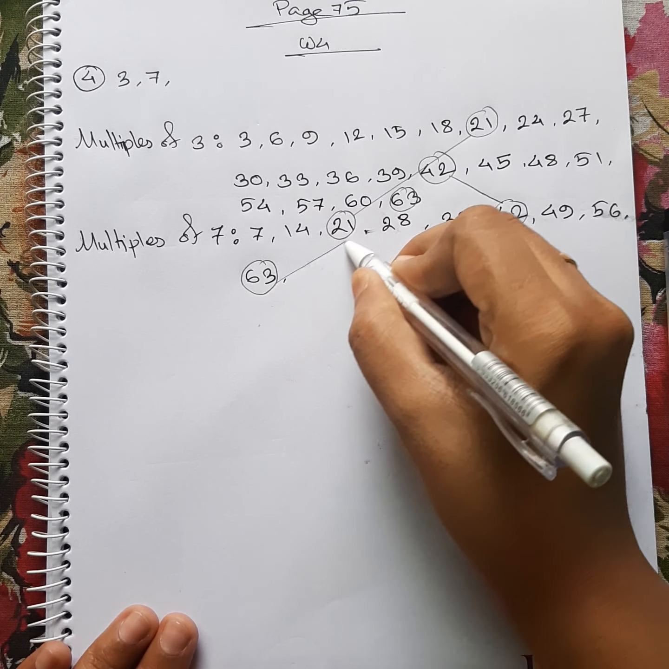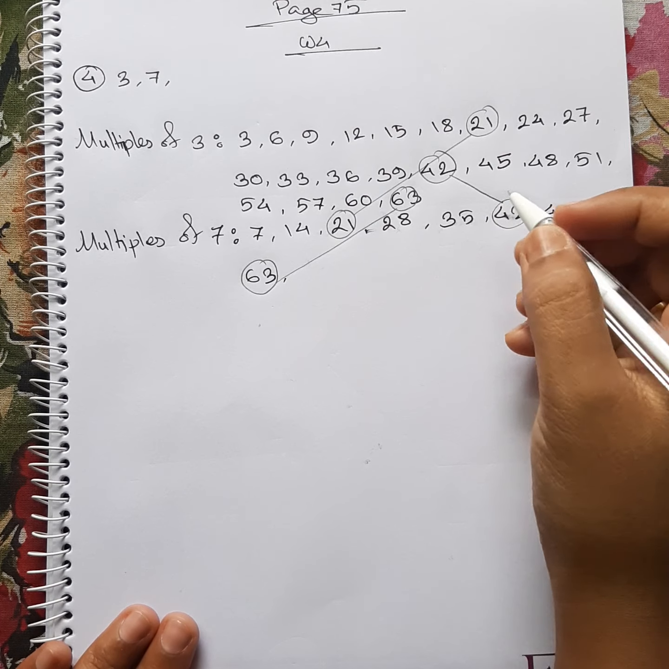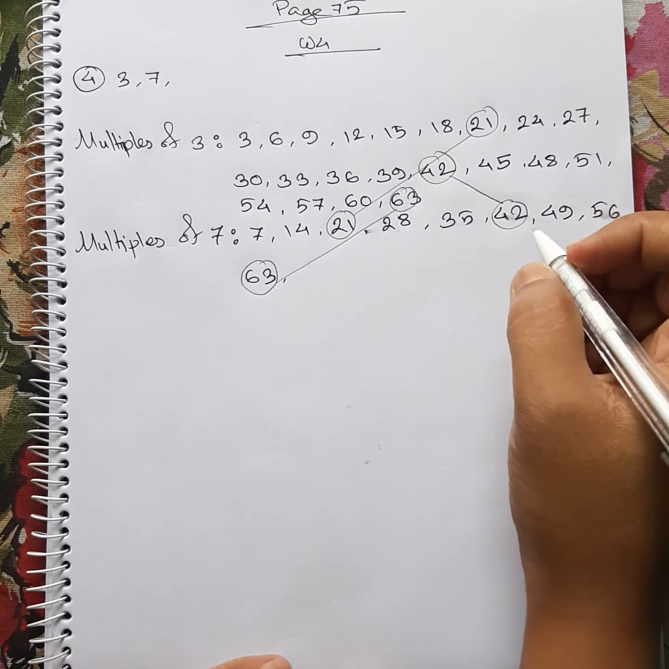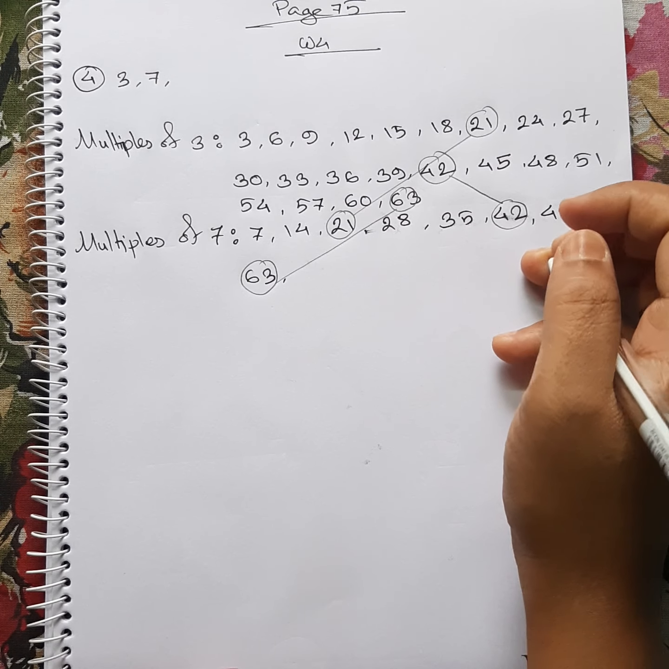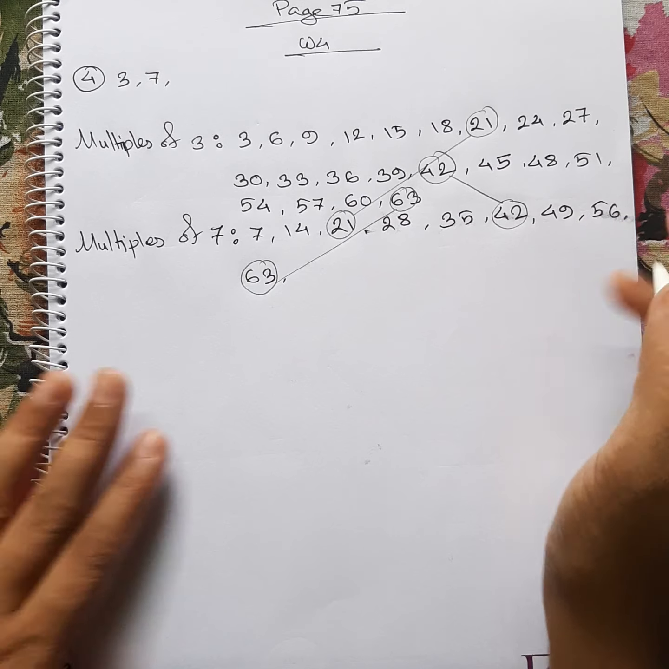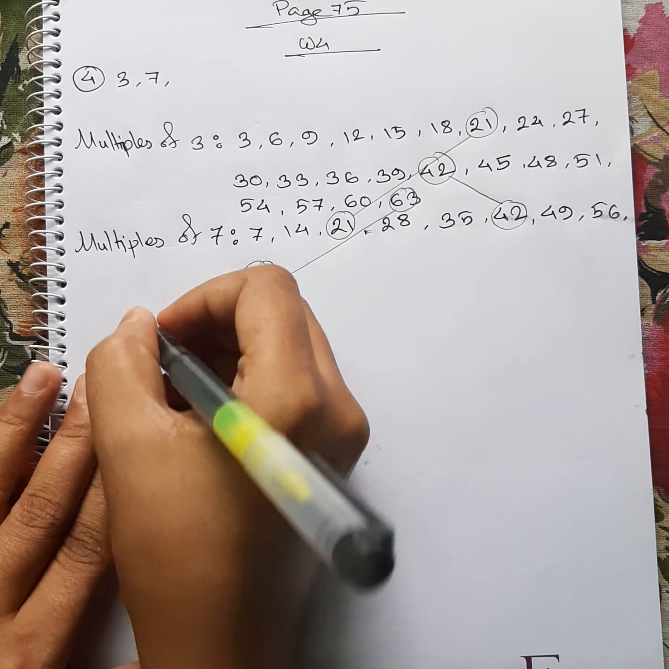So I'm going to join them this way, with no overlapping, as much as possible do not overlap. That means do not touch one line with another one. It's totally fine if you touch it, but still I'll ask you not to do that. And you can see that we have found the 3 common multiples over here. So again we are going to write down